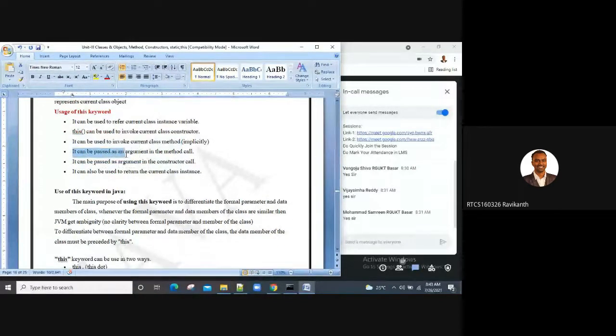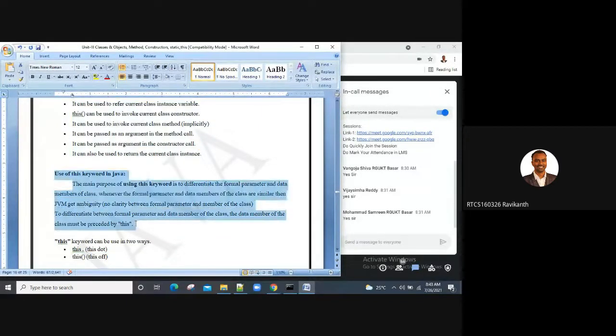It can be passed as an argument in a method call, and in a constructor call. It can also be used to return the current class instance. See how many usages there are with this keyword. A lot of times when we go with project implementation, you will come across the importance of this keyword. It will really help you out.